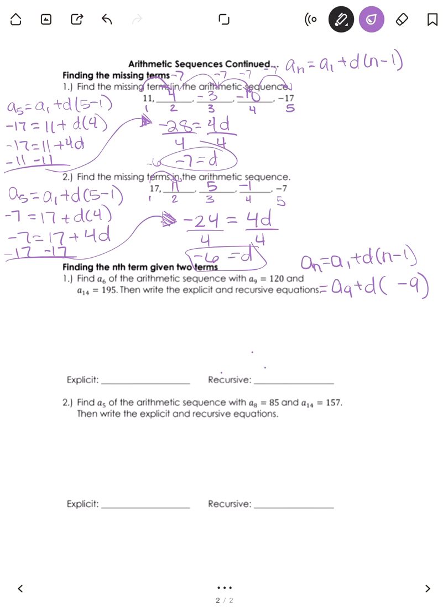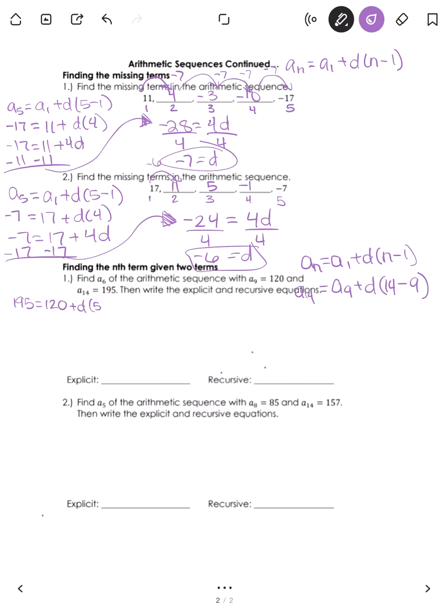A sub n, I'm going to let that be the 14th term, which plugs in a 14 right there. So I'm just going to plug in what we know. A sub 14 is 195 equal to the 9th term, which is 120, plus the common difference times 14 minus 9 is